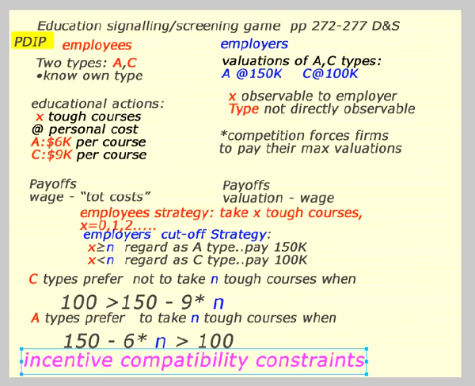I'm willing to hire both. We just want to pay them different wages. And we call these, again, incentive compatibility constraints. It's just that logic of best response reasoning, only here we're thinking of it as a design problem. It's a game, and we're trying to think, how could we design this educational screening game so that we could separate out the market, so that these two types would do different things?